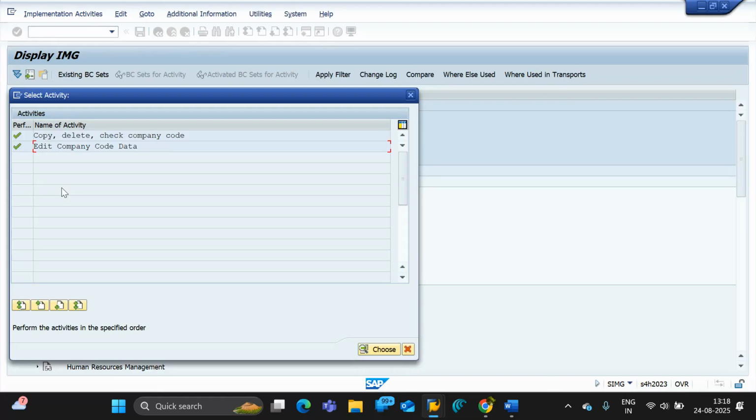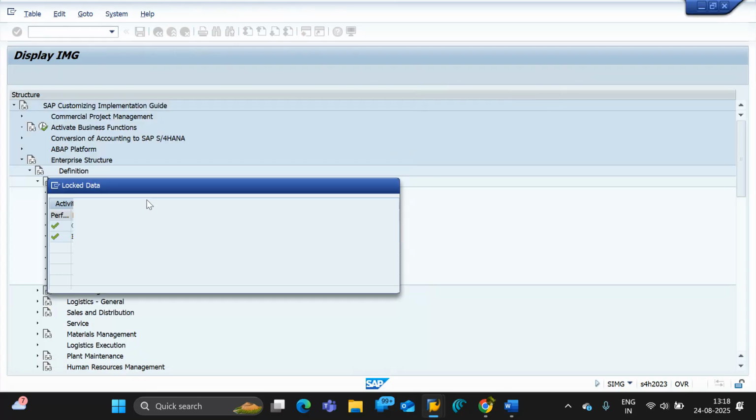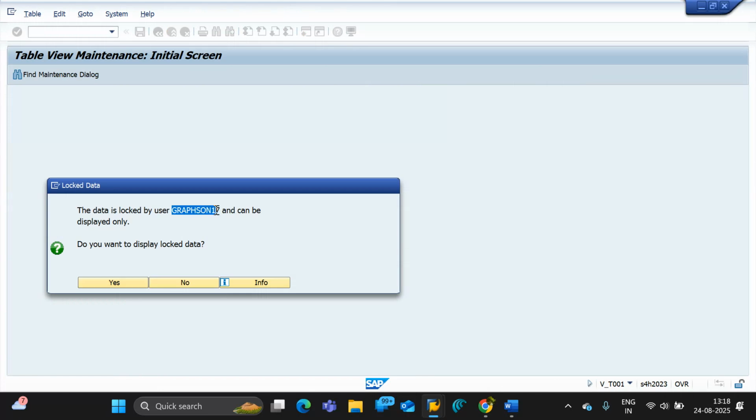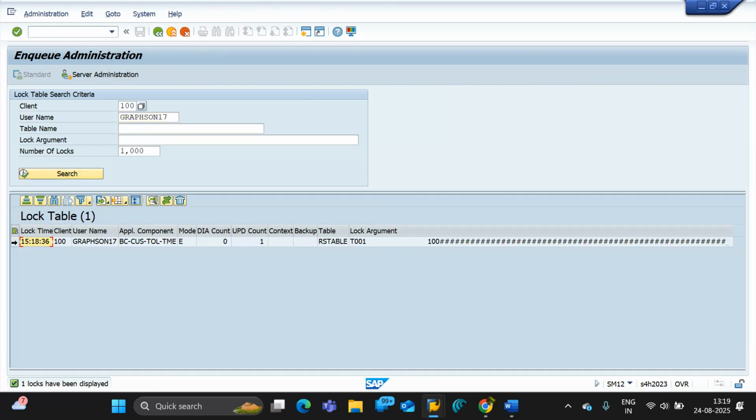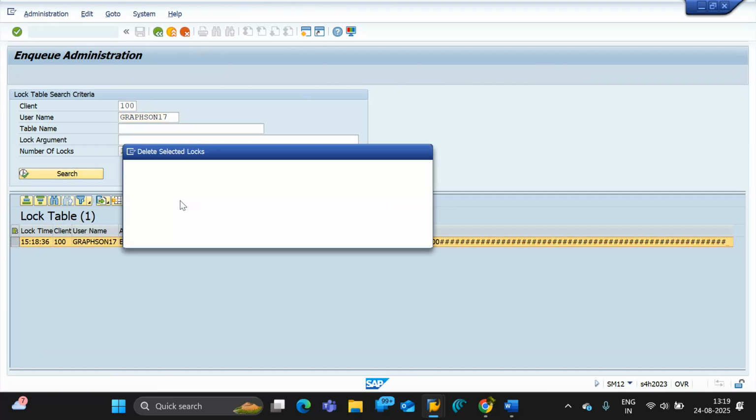Okay. Again, double click on this. Edit company code data. It is also taking some time. Okay. Again, another user is also using this. Put that user ID. Okay. Then search. Okay. Look. Then select this one and delete. Then again,